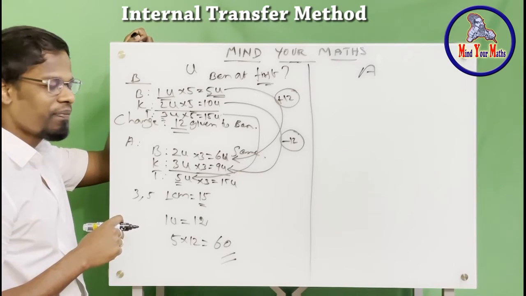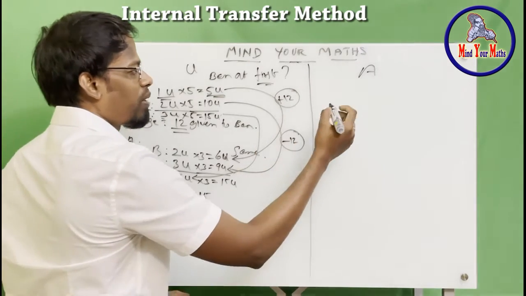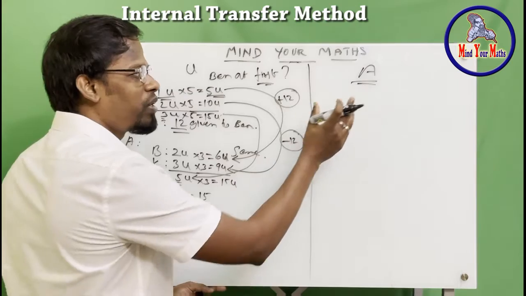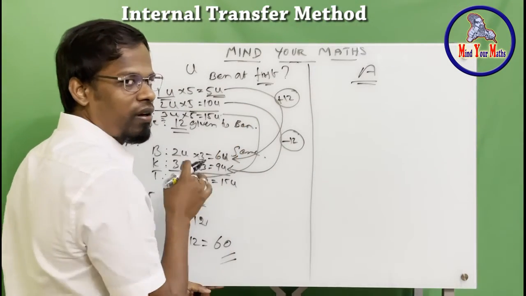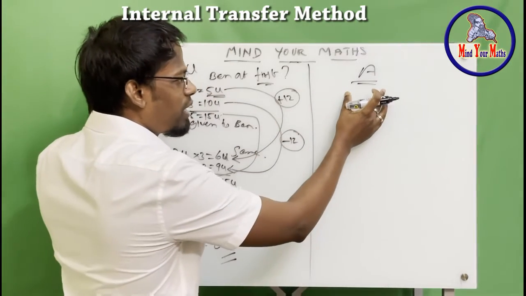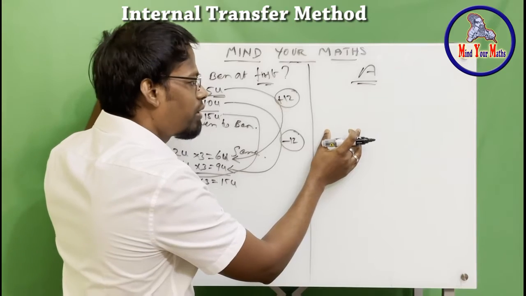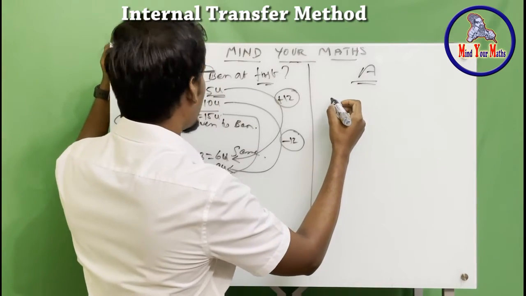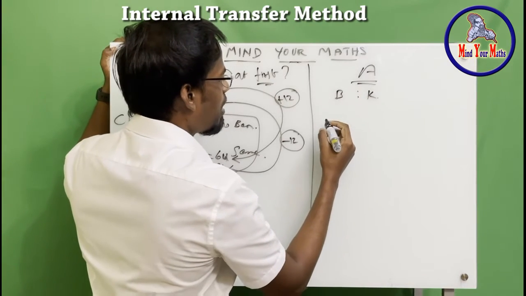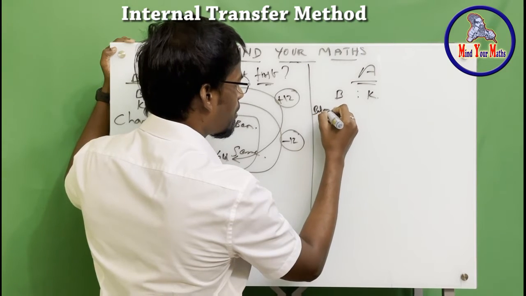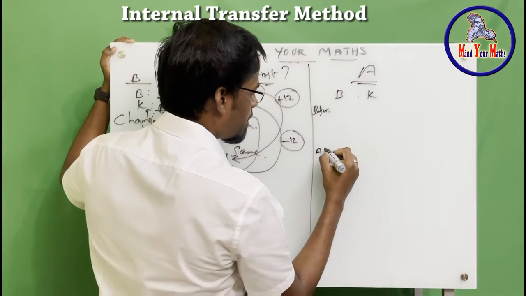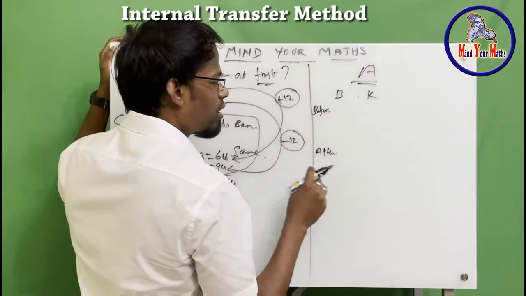Got it? Now let's solve using the algebra method. Why am I also using the algebra method? Because eventually in your higher studies you will be using algebra more than the units method or the model method. So let's write in a ratio form to make the equation for the algebra method. We put Ben on one side and Kumar on the other side, and the before unit we take as BU, and the after unit as AU.